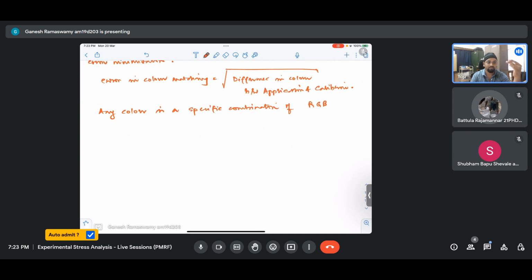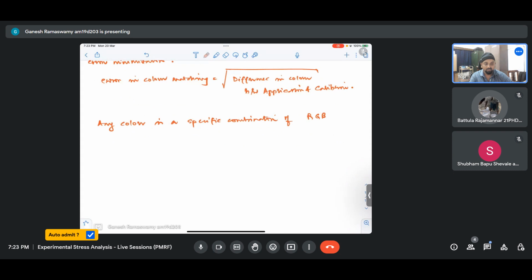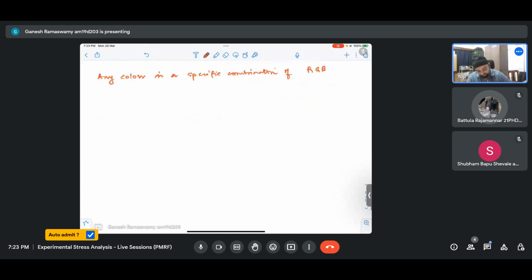Because it will not calculate R, G, and B individually at each and every pixel, it will skip one pixel to the other and interpolate the value midway in the middle pixel for each and every color. So that is how this works. So essentially, if I were to write my color matching method,